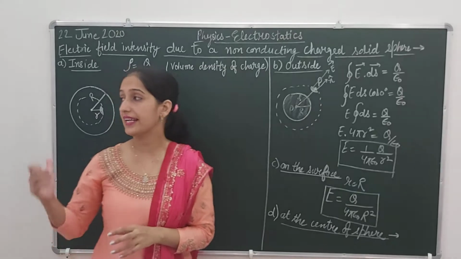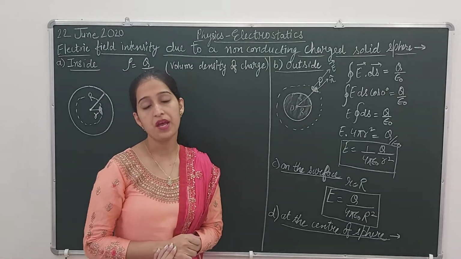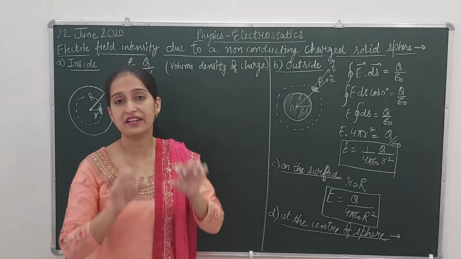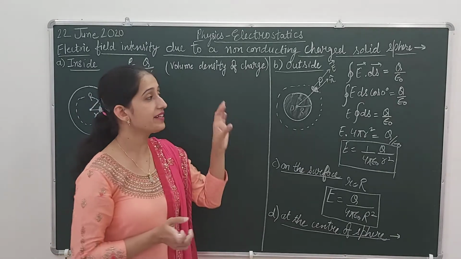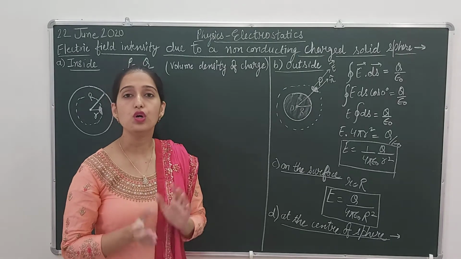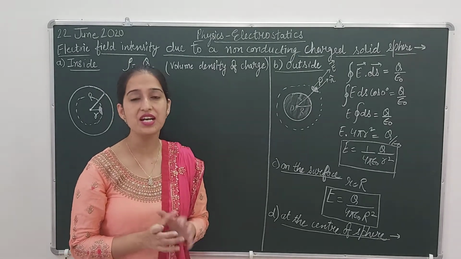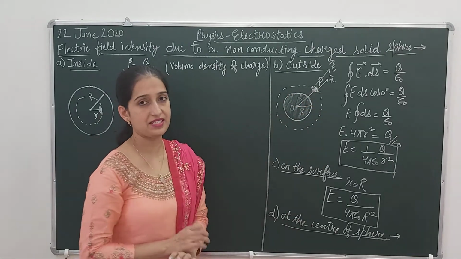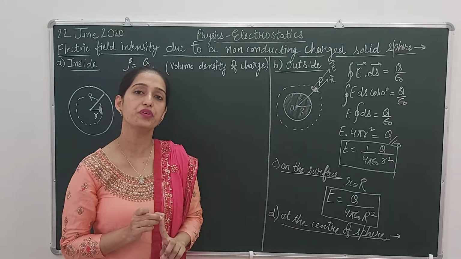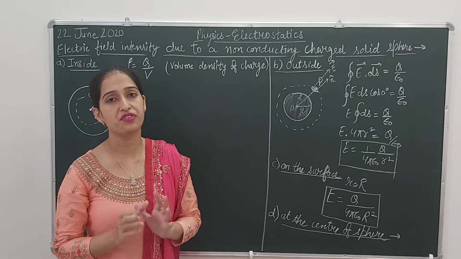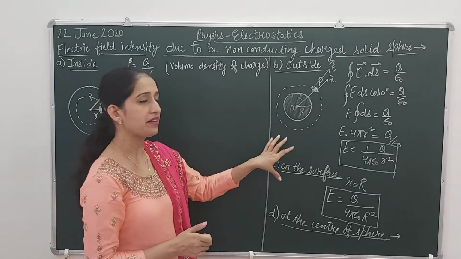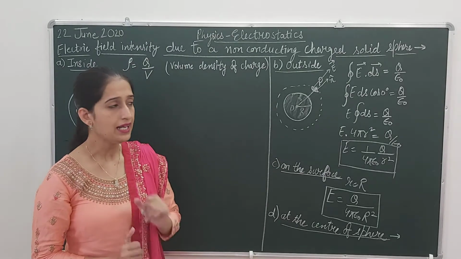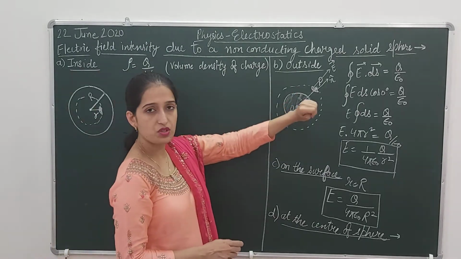Then we will discuss the case inside the sphere, because inside the shell there was a hollow portion, that was a shell only, but this is a solid sphere. So the only case that will change is inside the sphere. The outside case and the surface case will remain the same for the solid sphere as well as for the spherical shell. So it will be a revision for you. The two cases are the same. Let's start with the case outside.